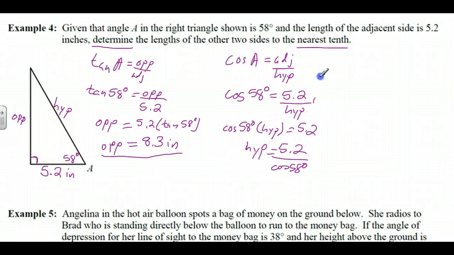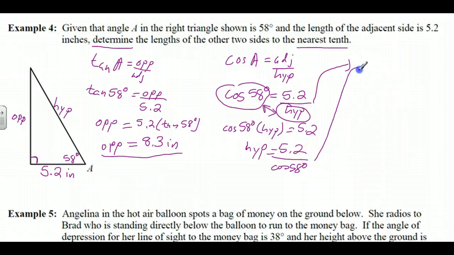Okay, so here's the shortcut. What you're basically going to do is interchange these two. Okay, and you've seen that the reason why is you're multiplying and then dividing. The net effect is that you can simply interchange the bottom quantity, hypotenuse, with the cosine of 58 degrees here in order to isolate this, which gives us here, and solving we get hypotenuse is equal to 9.8